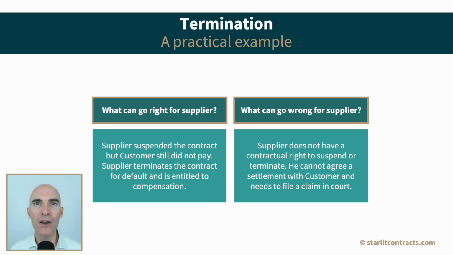So when the customer didn't make payment initially, on time, the supplier could have said to that customer, well, look, if you don't make payment within a certain time frame, then I've got that right to suspend due to your default. And it may be that the customer didn't make payment, and then the supplier did precisely that. They suspended. When the payment still was not forthcoming, the supplier could have said to the customer, well, look, we have a right to terminate due to your default.